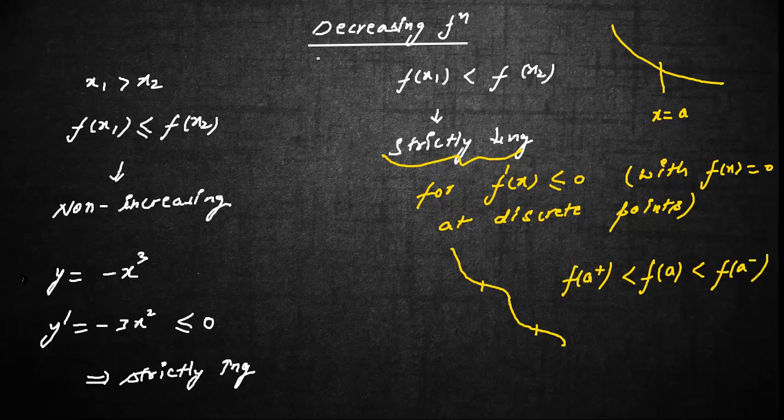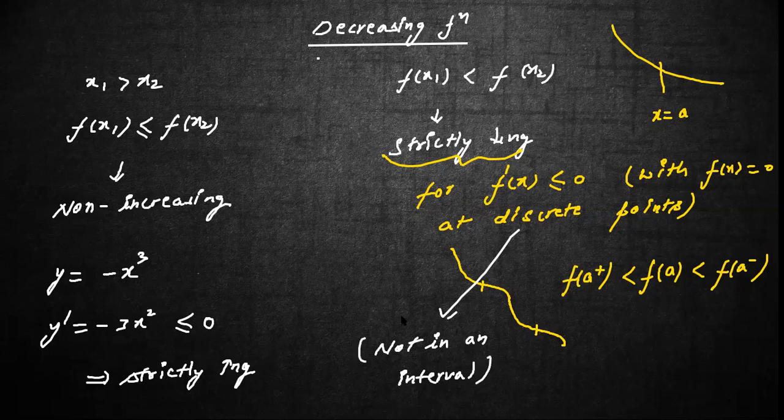So now we conclude that if we have a strictly increasing function, f dash x can be greater than or equal to 0, but that equal to 0 should be at the discrete points, not in an interval, right? So write this down as well: discrete points. We are implying that this is not happening in an interval. Discrete points only, not in an interval.